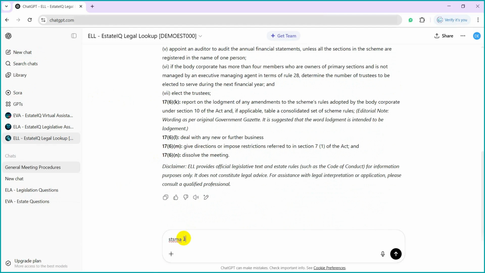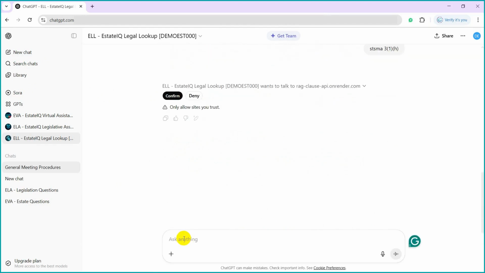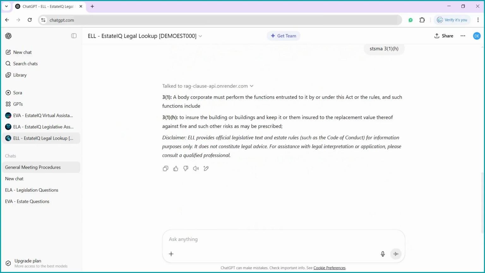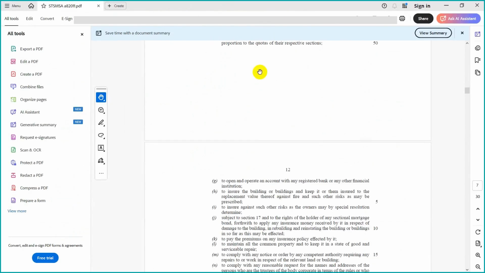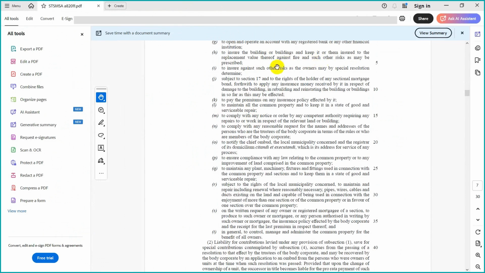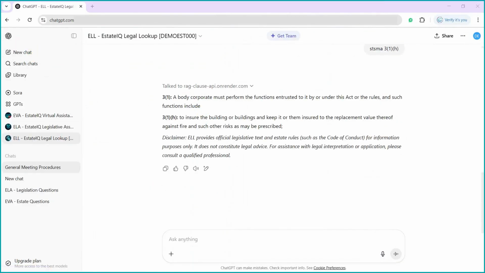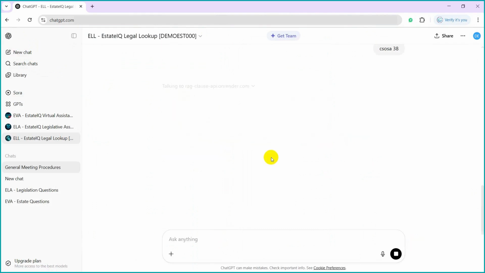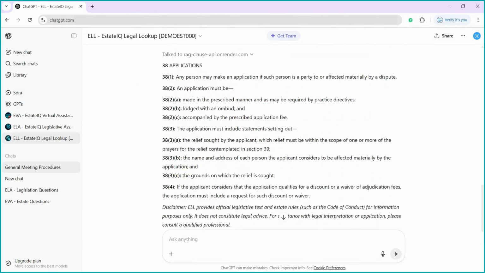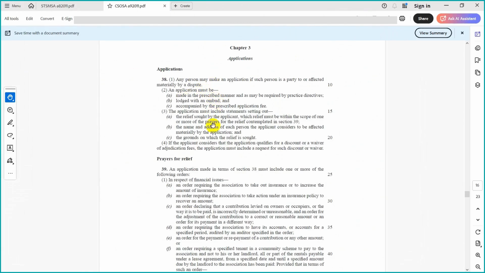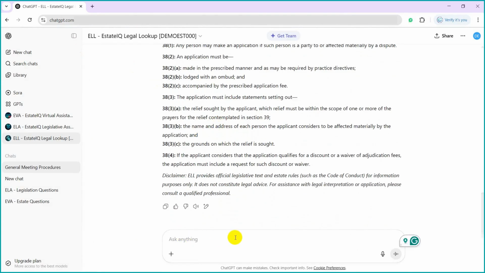Let's take a look at a clause from the STSMA. We'll request a subclause, 3.1h. If H should be read together with 1, both 1 and H will be returned as they form part of a whole. If you select the primary clause, such as CSOSA Act 38, the full section will be returned, as with STSMA